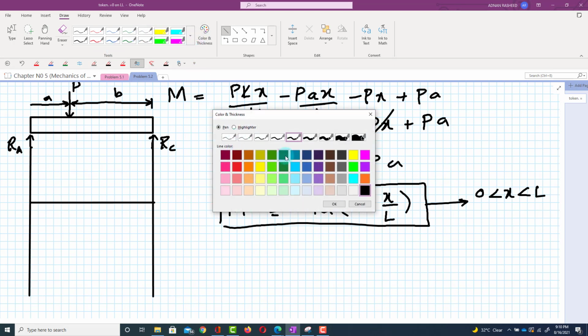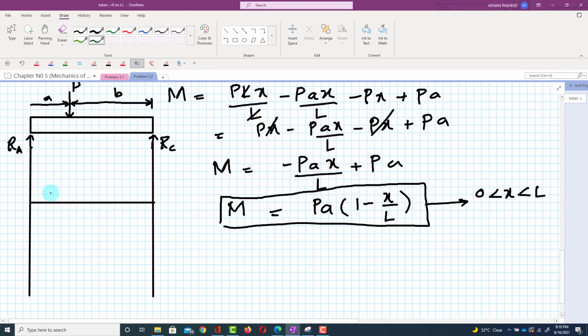Let me draw it. This is a positive value, and let's say we take it at this point. From this point, this distance is actually A. So the shear force from this point will be a horizontal line till this point. Why? Because at x equal to 0 and at x less than a, the shear force will be